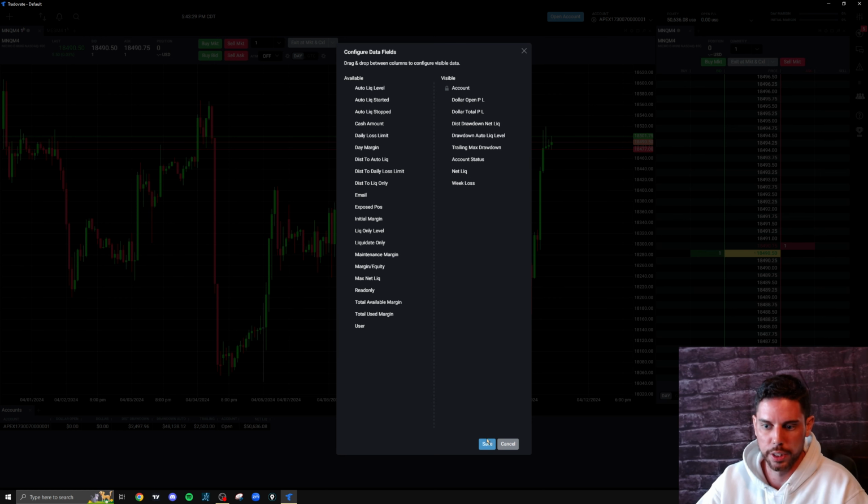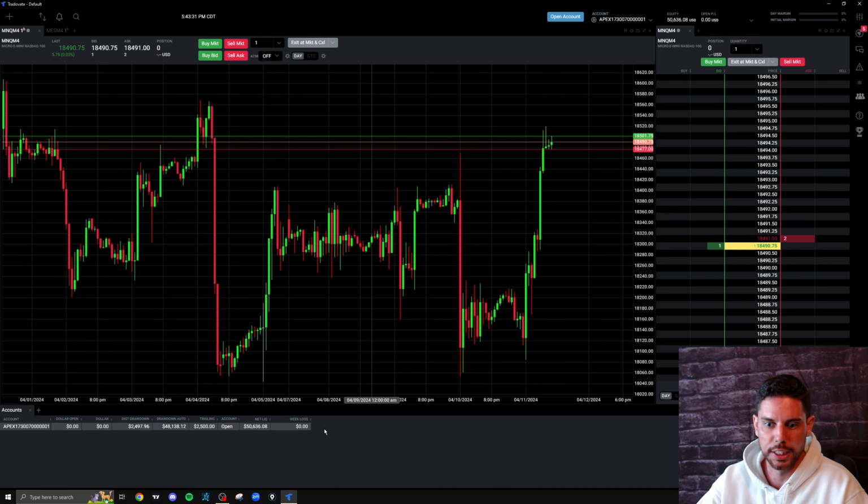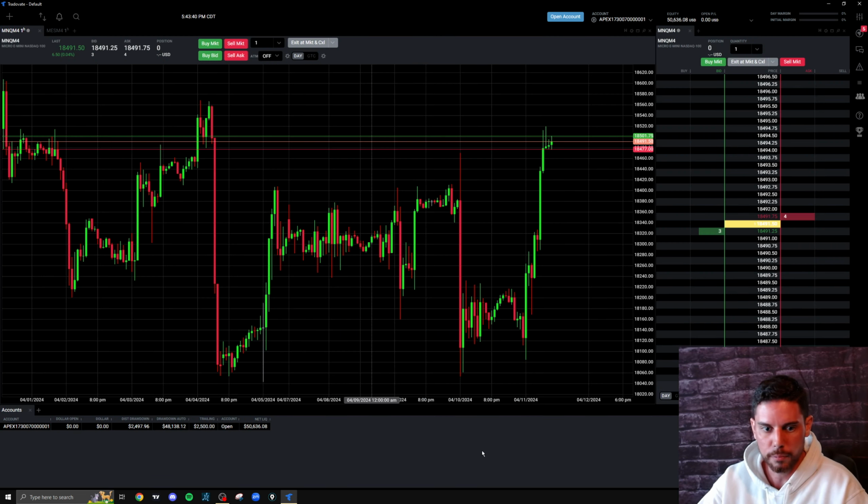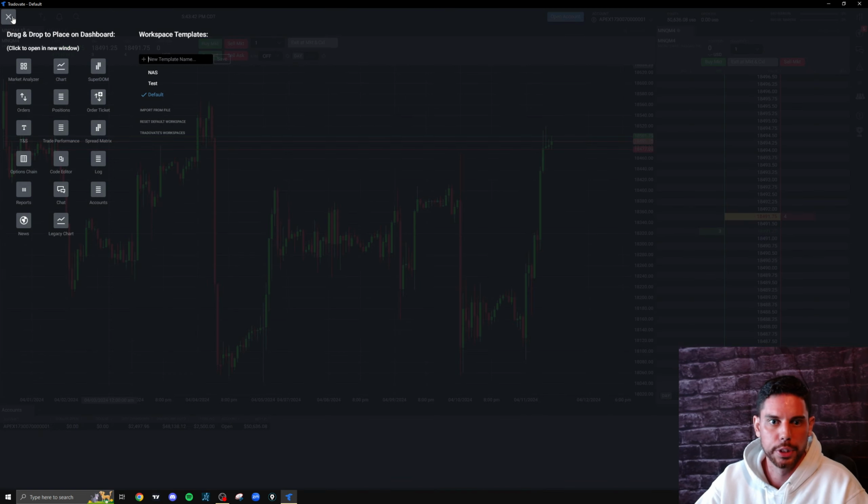I just drag it over, click save, and now you could see I have week loss right here. I'm going to go ahead and remove that. So once again, just go back into your select columns and then now just drag it back to the left side like that. Now, the next module that I'm going to add is going to be my performance module,